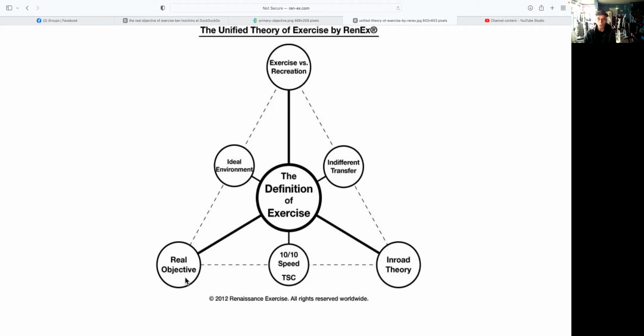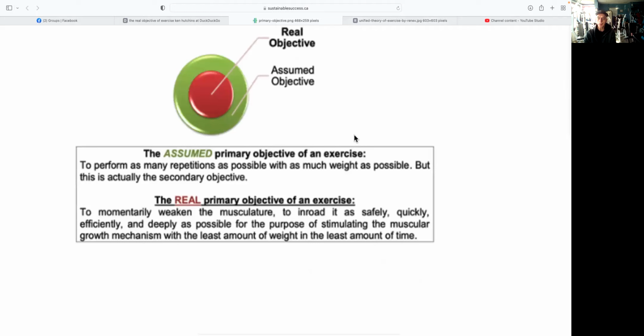So I want to talk about the real objective. One of the challenges I found in doing these is trying to do justice to these fairly complex concepts in a 5 or 6 minute video. So hopefully it just intrigues people a little bit, but they should go digging deeper. I just want to go to this next part, which has to do with the real objective versus the assumed objective. This is really fundamental to this whole methodology.